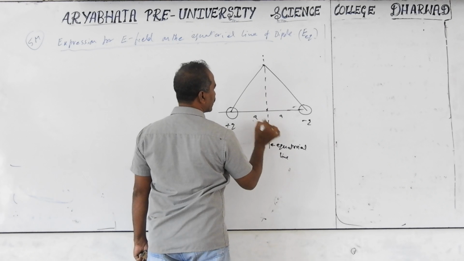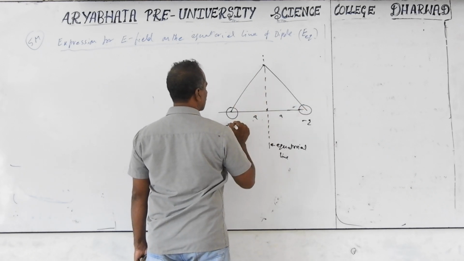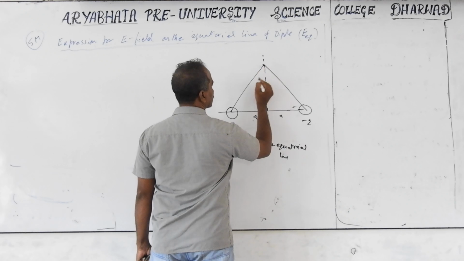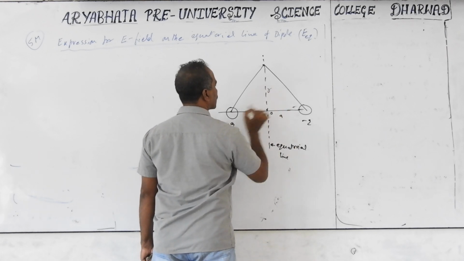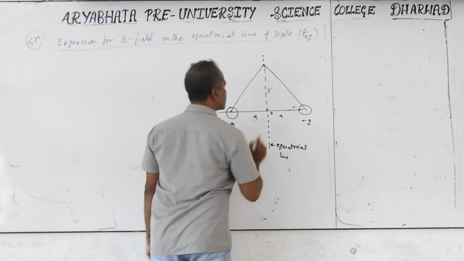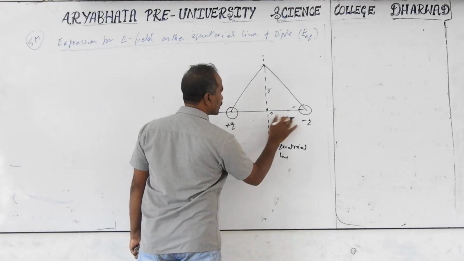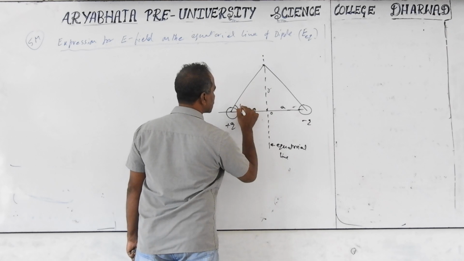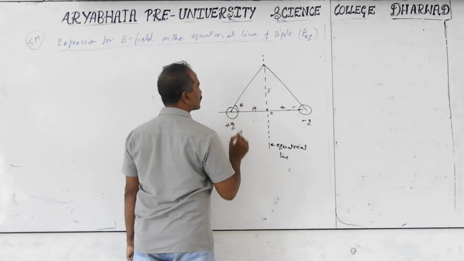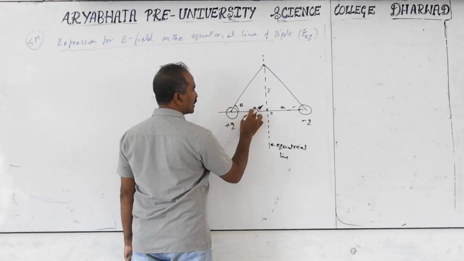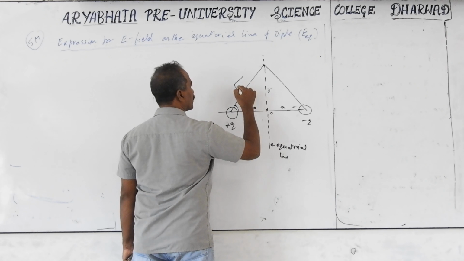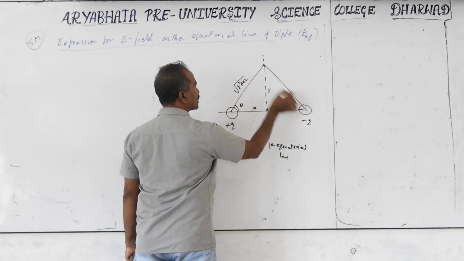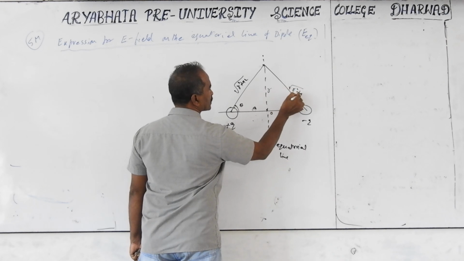This point is exactly in the middle, so this distance will be equal to this distance. I will take this point at distance R. This is the center of the dipole. Distances are measured from the center of the dipole, so this is R. But what is this? This is A. This is theta. And this is A. What is this hypotenuse? This is a right angle, so it is under root of R square plus A square. This also becomes under root of R square plus A square.